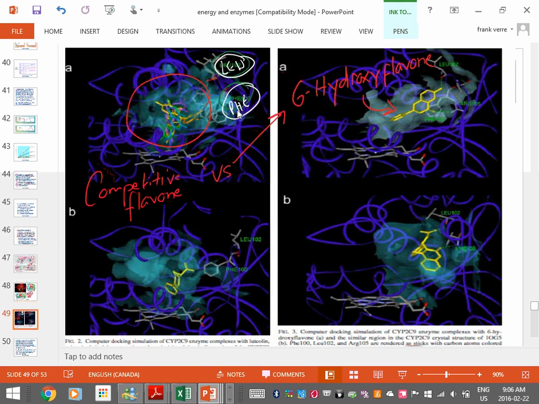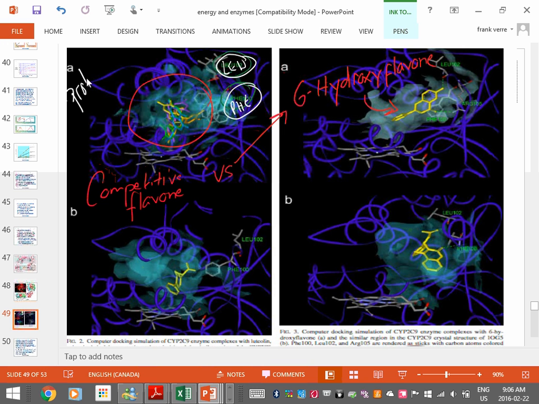What do you think this is? What is this whole thing? It's a protein. So what do you think LEU and PHE are? What are they? They're amino acids. Okay? And the number, I don't know if you can see the number, well, I kind of